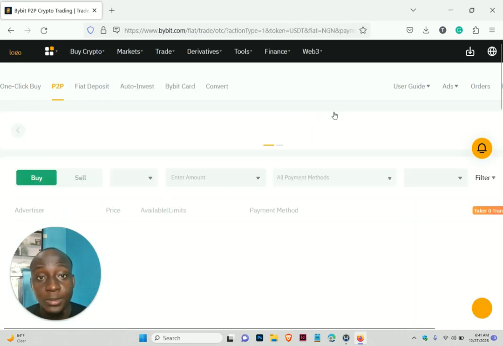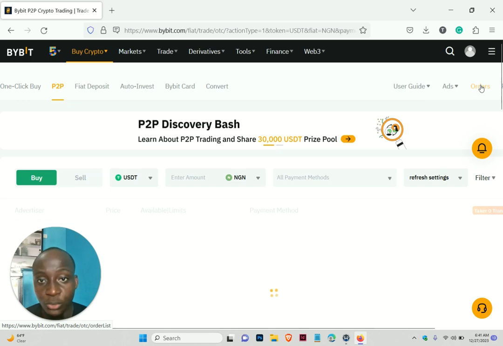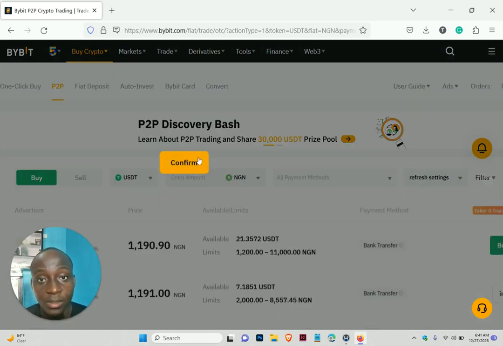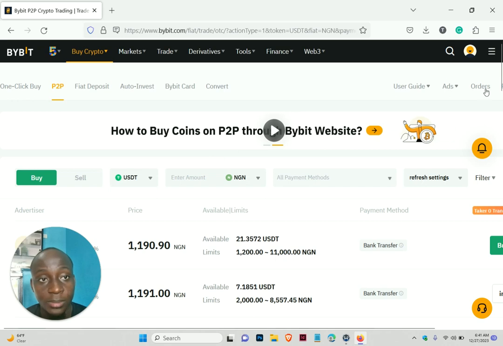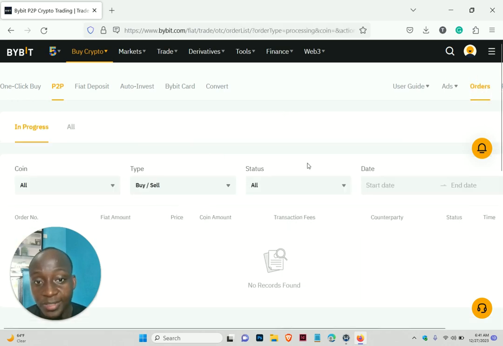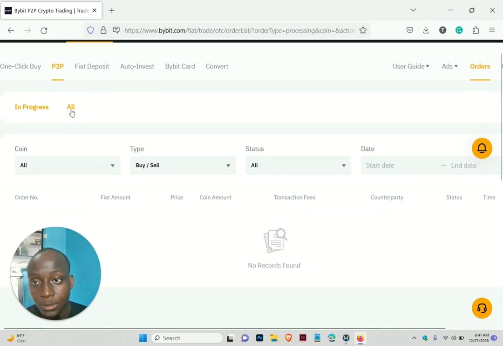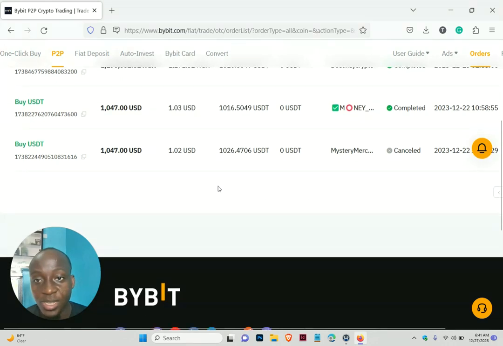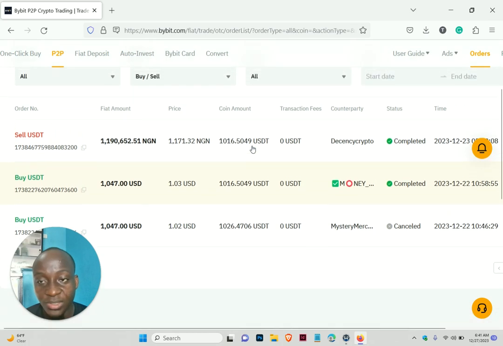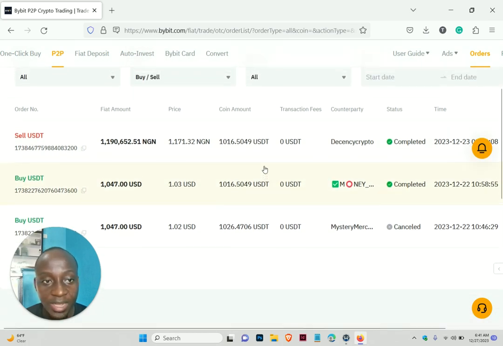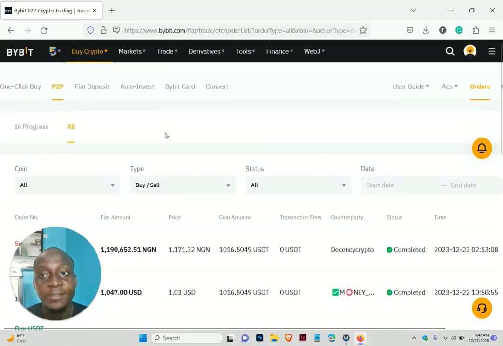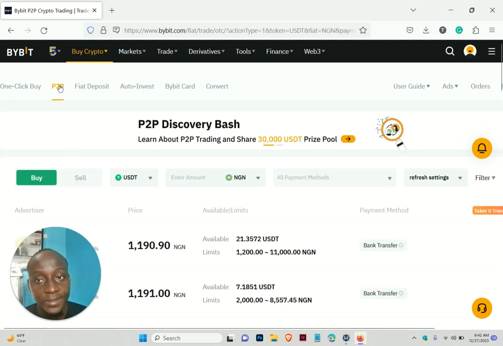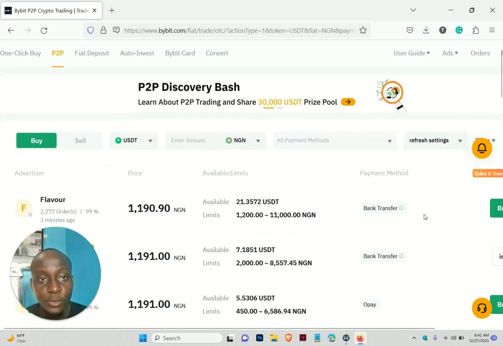Okay, let me see if I can actually show you orders that I've used this before. On Binance it will just be completed. So you can see I have actually used this before. It's just telling us I bought USD and I sold it in Naira. So now let's go back to P2P. Good. Now that we are in P2P,